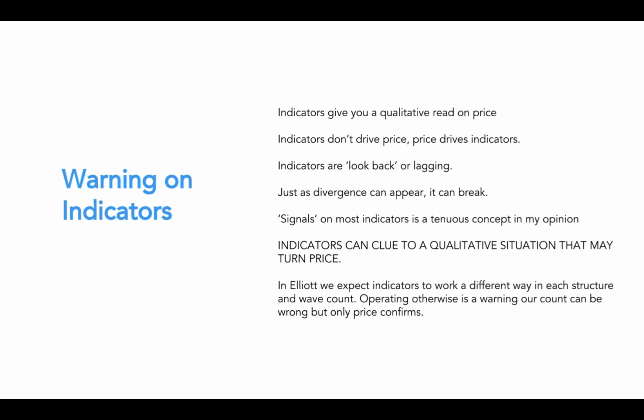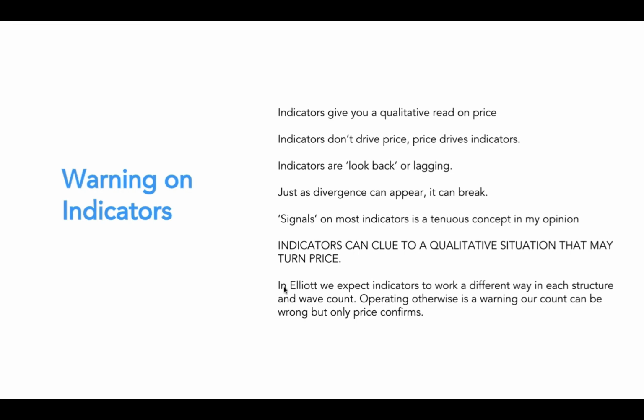And then divergence. Divergence is not a guaranteed signal. It can break down. Divergence will show up as an indicator of a possible bottom, but price can destroy it if it decides to turn. Signals on most indicators are a tenuous concept, in my opinion. I don't talk about signals with indicators. An MACD crossing is not a signal to me. It's simply a waning or increasing momentum, or change in momentum, nothing else. But they can clue you into the qualitative situation. They can give you a hint of where price may turn simply because the situation may be changing,